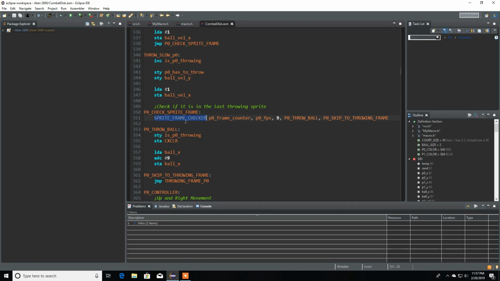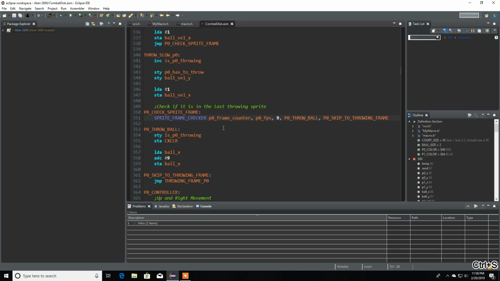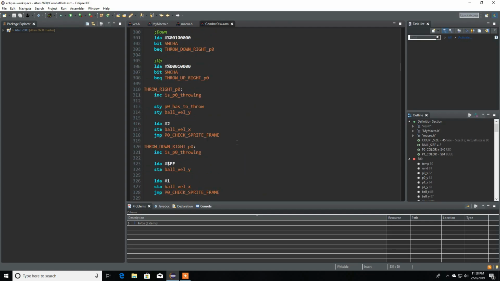The sprite frame checker, which is pretty much the same code as before, but this time I added it to a macro over here because we're going to use it in this video as well. It's pretty much just checking the frame counter in your player frames per second. Even though I don't really like this name, it stuck around. I'll probably change it later on, but naming variables can be quite complicated sometimes for me. So let me save what I got over here, and let's jump to the part of the code which is our